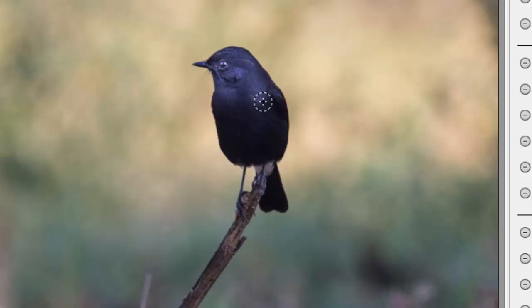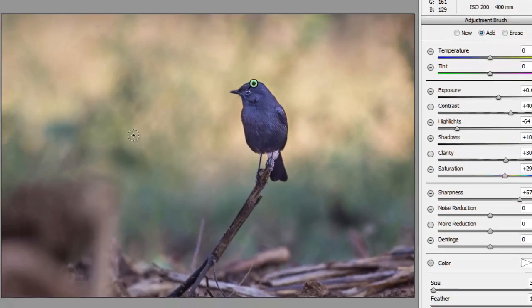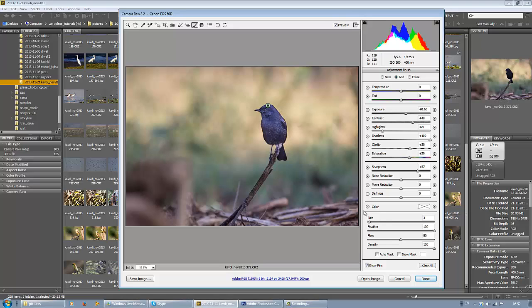inside the bird. And you notice that slowly the details are now becoming visible. The eye is now totally visible. And other details are also becoming visible. I am not going to waste too much time trying to get absolute details which you can work on, but you can make out for yourself that a lot of detail which was not available earlier has now come back. Okay, having done that, I want to let Camera Raw, let's remove this pin,